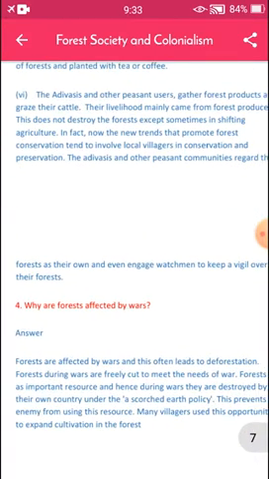So, fourth question, why are forests affected by wars? Forests are affected by wars and these often lead to deforestation.